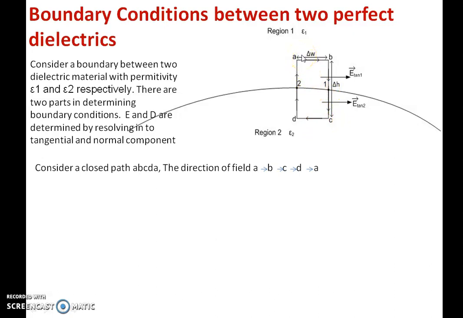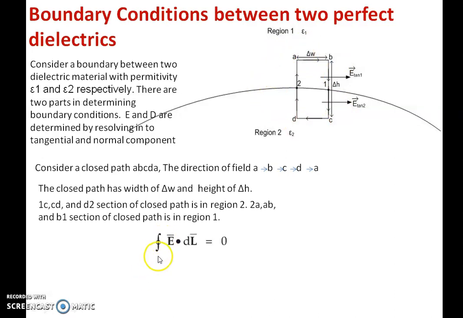The width of the closed path is delta W and the height is delta H, with delta H by 2 in region 1 and delta H by 2 in region 2. Now the work done to move a unit charge from point A back to point A in this path is given by